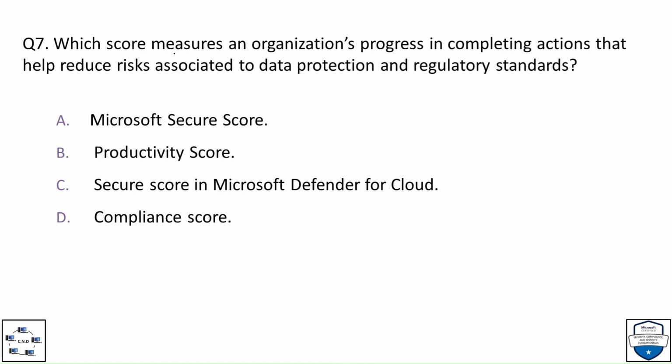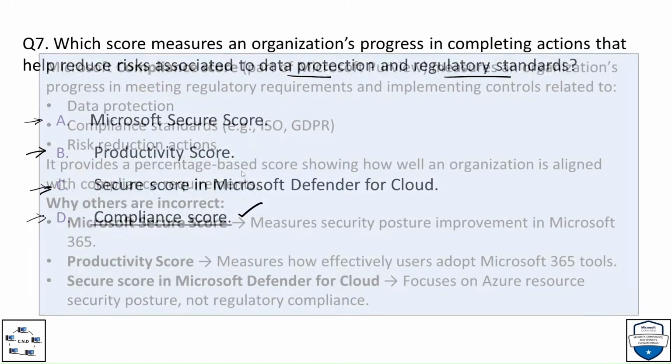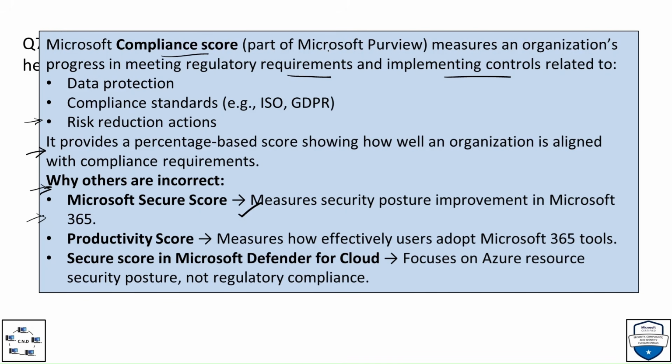Question number 7, which score measures an organization's progress in completing actions that help reduce risks associated to data protection and regulatory standards? And the options are option A, Microsoft Secure Score, option B, Productivity Score, option C, Secure Score in Microsoft Defender for Cloud, and option D, Compliance Score. And the correct option is option D, Compliance Score. And the explanation is, so Microsoft Compliance Score, which is part of Microsoft Purview, measures an